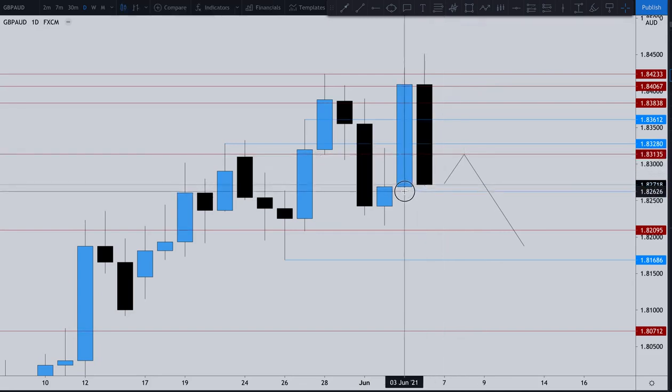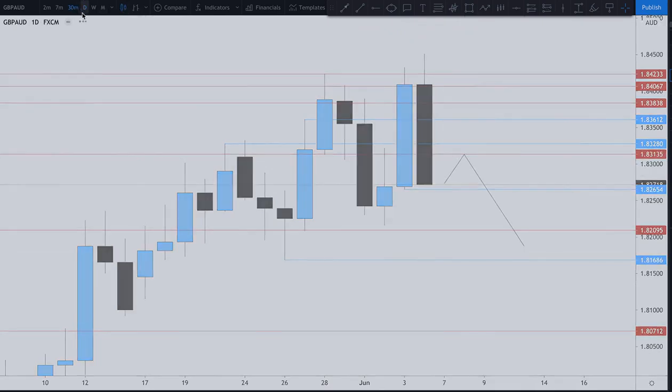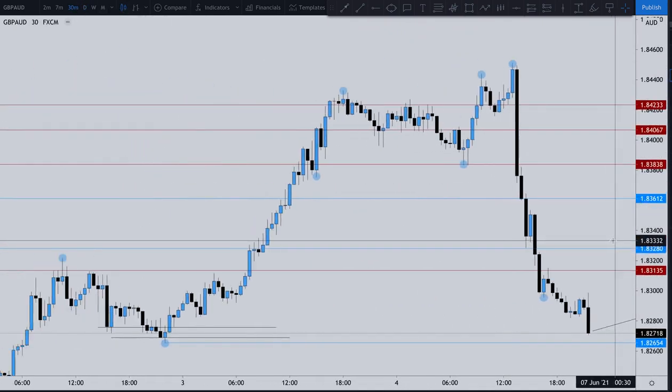Let's mark this to a T. The degree on the Thursday low right there, and then we can see the pullback 8.315, and then we're going to dump into 8.200. Going a little bit lower, let me mark this chart right up now. What I'm looking for, guys,